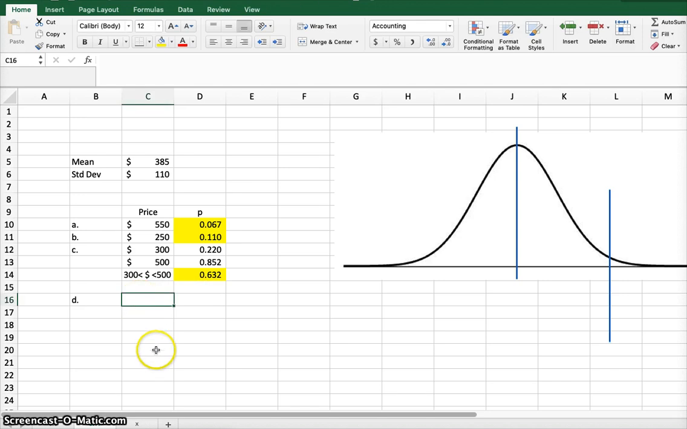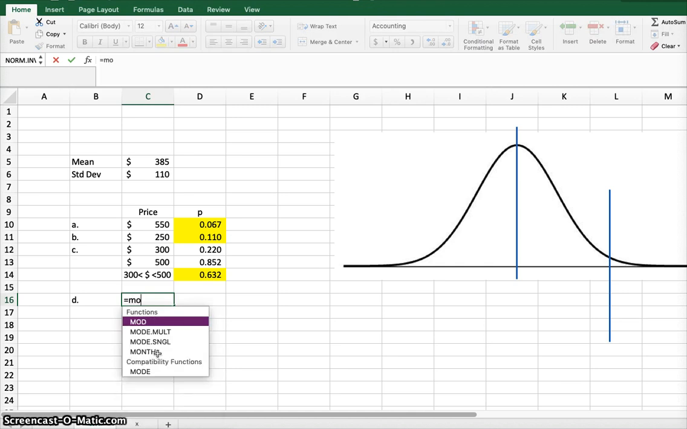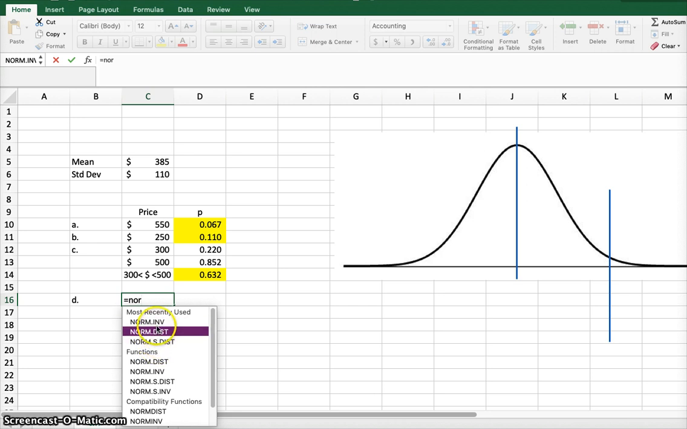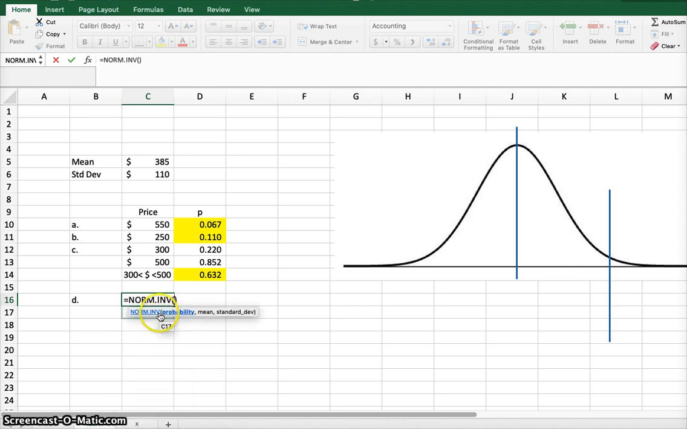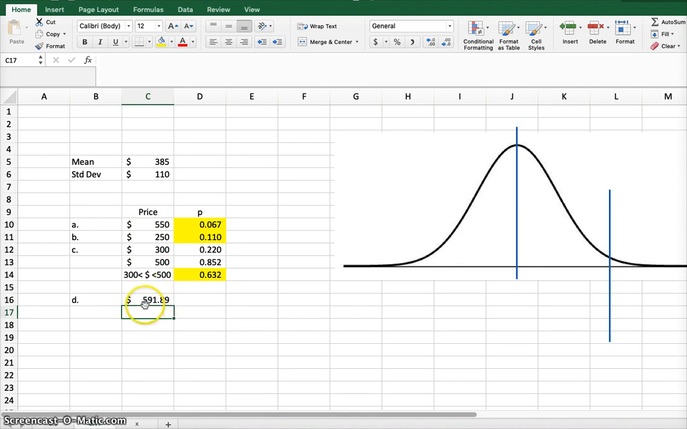So what I'm going to do is I'm going to use another function. It's called the inverse of the NORMDIST. So it's called NORM.INV, norm dot inverse. And you just do what it says. So first I find the probability. The probability is 0.97. Okay, there's a 97% probability. Okay, then I want comma, then I want the mean, then I want the standard deviation. Okay, and so what that means is that $591.89 covers